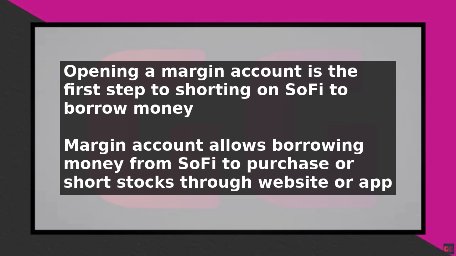To place a short order, you need to specify the number of shares you want to short and the price at which you want to short them. You can choose from different types of short orders, including market orders and limit orders. A market order will short the stock at the current market price, while a limit order will short the stock at a specific price you set.